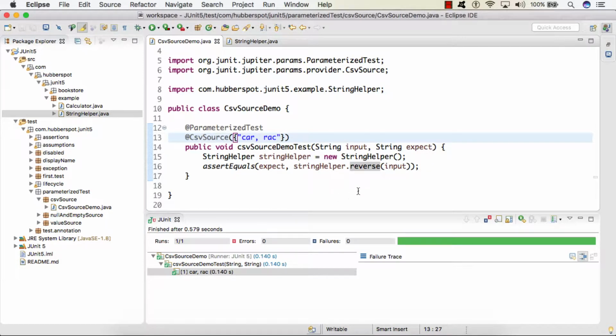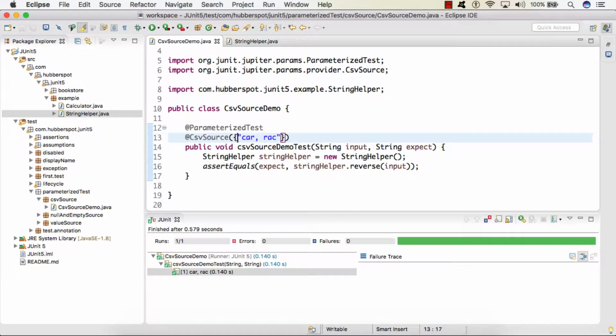Now let's say we want to test this reverse method with different values. What we used to do was copy this test and paste it below, and simply provide different values. But here we can write our method once and simply provide different values in our @CsvSource annotation.